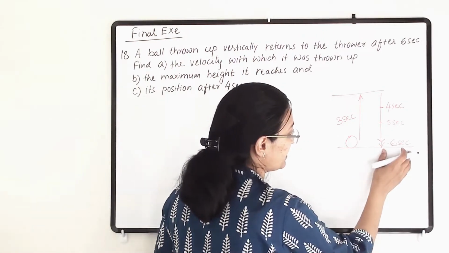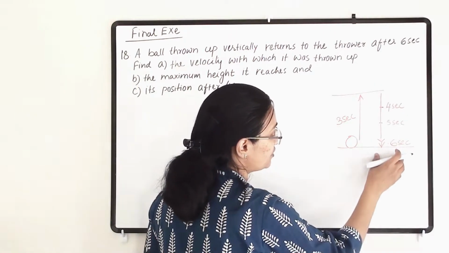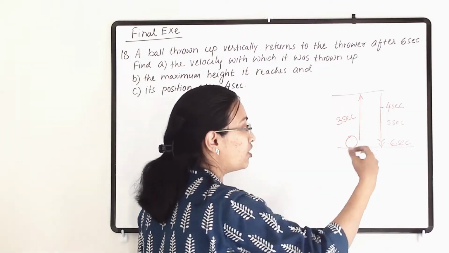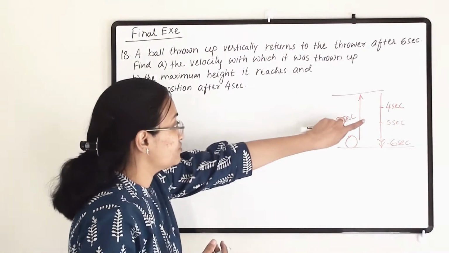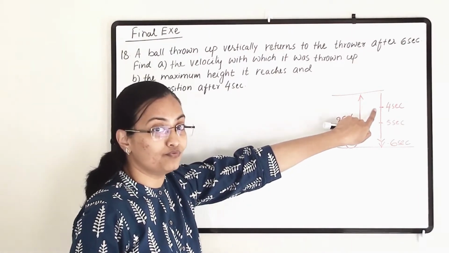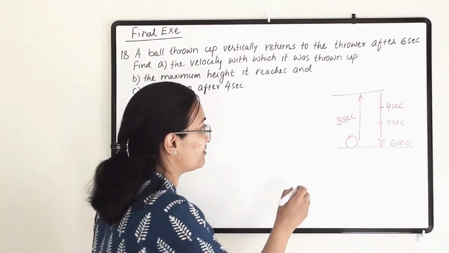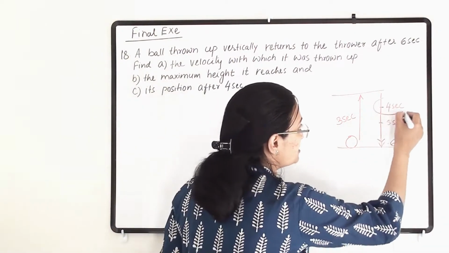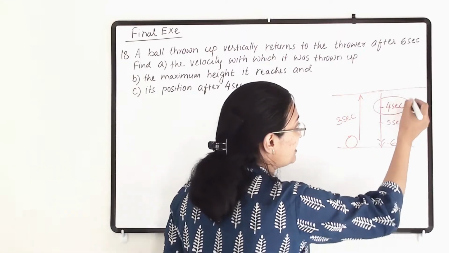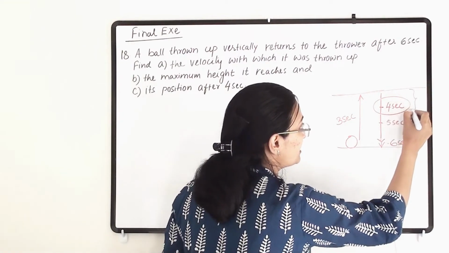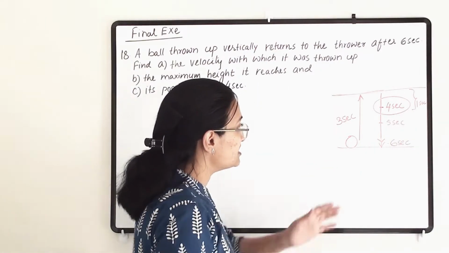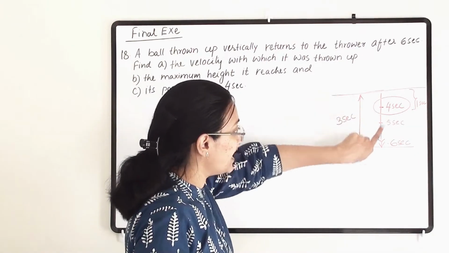So at the 6th second, the ball's journey is going to be over, but at the 4th second, it will be somewhere above the midpoint. So this distance we have to find out, that at the 4th second where will it be. When we are finding this out for this situation, actually it has started traveling back and it has taken only 1 second after that. This is the 4th second for the entire journey.